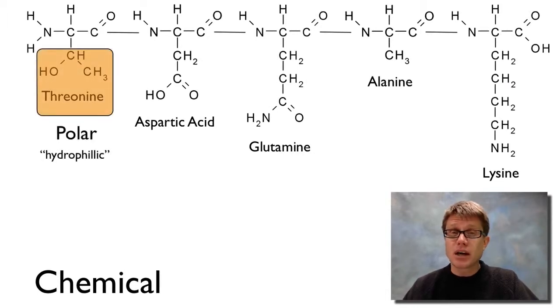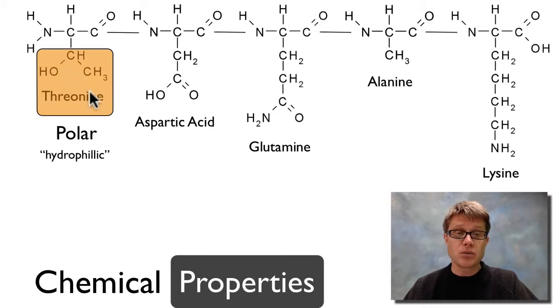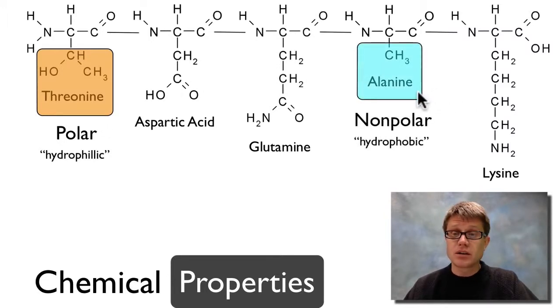These are each going to have different chemical properties. And so, for example, this one right here, threonine, is going to be polar. What that means is it's going to have a charge. If we look at alanine right down the way, this is going to be nonpolar. And so why is that important? Well, if you're polar, then you're hydrophilic. That means that water is going to be attracted to you. In other words, we're going to find threonine in the presence of water, but alanine, since it's got this methyl group right here, it's not going to be attracted to the water, and so it's going to hide from the